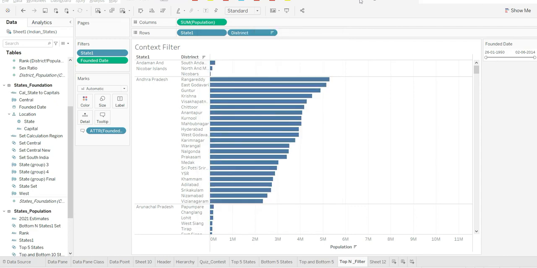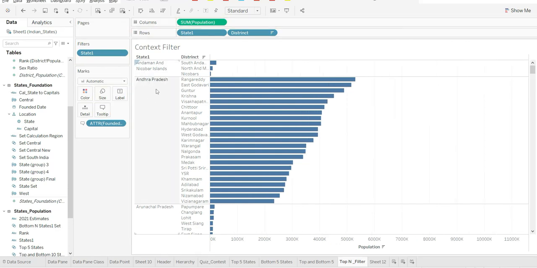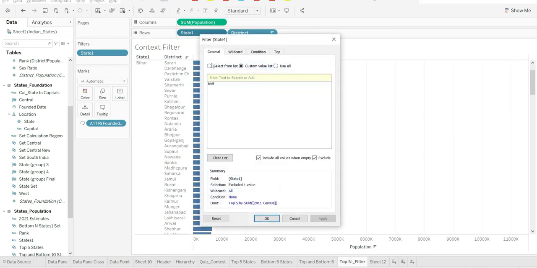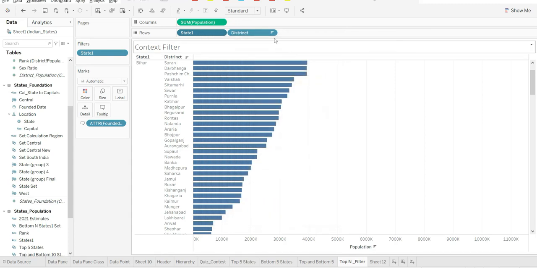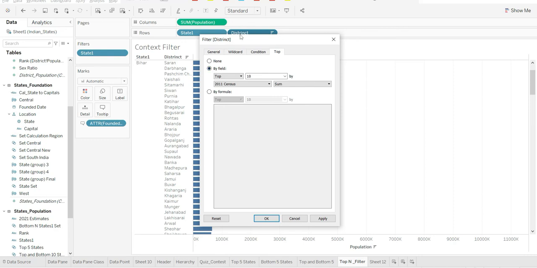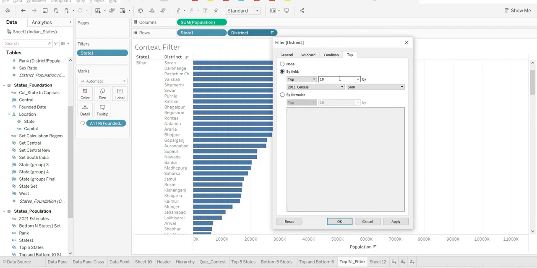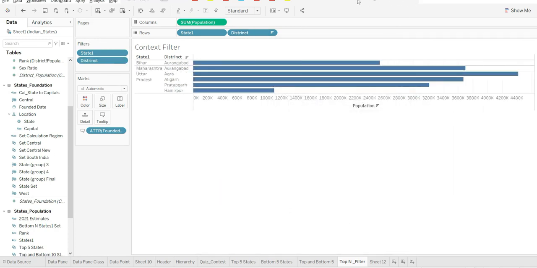I think now it's the time to talk about the context filters. Now the scenario is that I want to select any state, and within that state, I should be able to see the top five districts. So what can we do? So we don't want this one, and I go to district, top five districts within a state. That's the scenario. So I go to district and I say top five districts with population, and that's not helping me, right? Because I'm getting the overall top five, although I wanted to have the top five within a state.